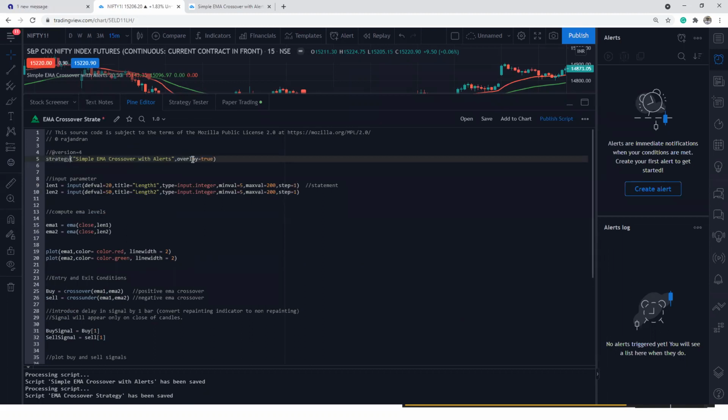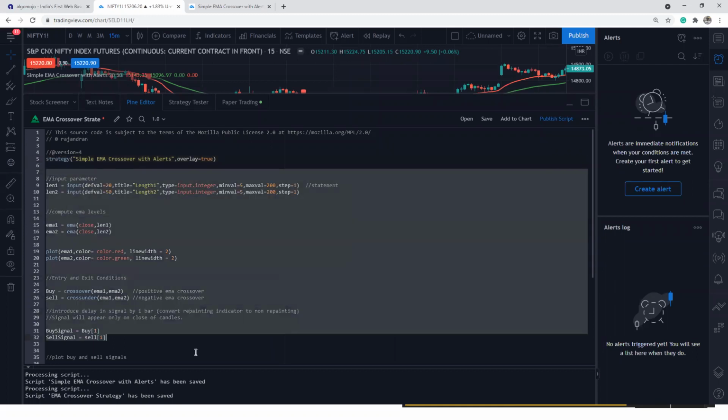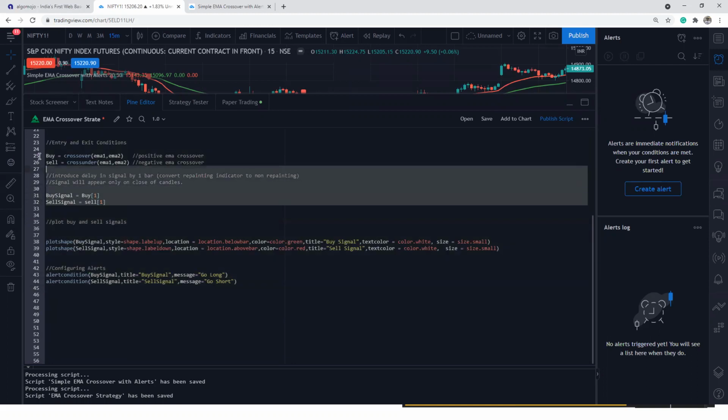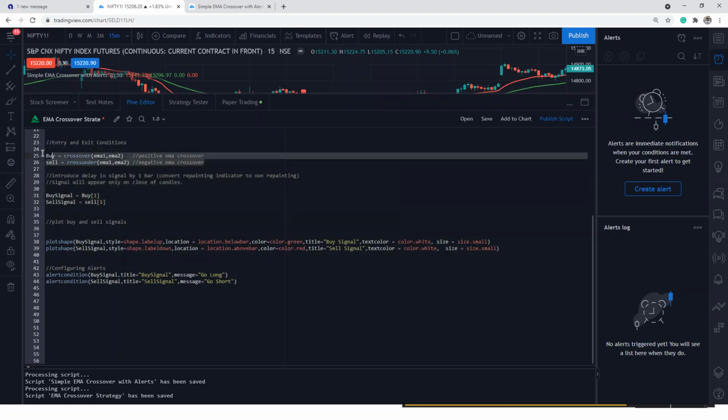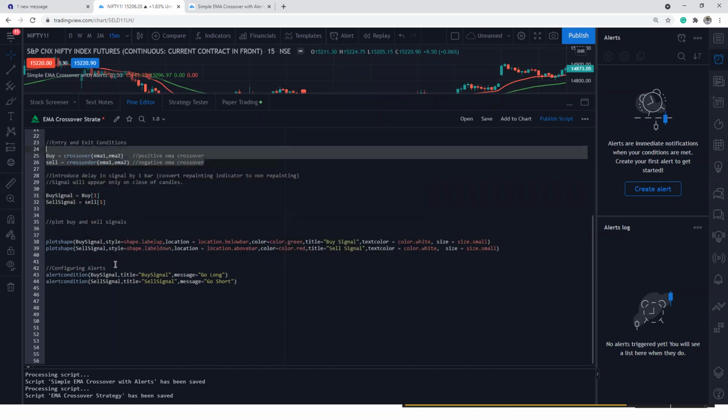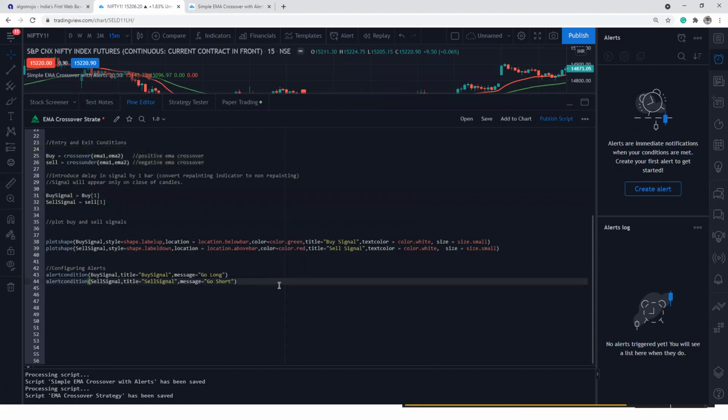A strategy is capable of sending orders for backtesting purposes. So a strategy is not only indicators, but indicators combined with buy and sell rules. Here buy and sell rules are there, already I had coded, right? But that is not how TradingView thinks of a strategy. You have to send orders to the backtester. You have to send a long order, you have to exit the order, you have to put a stop loss, you have to put a target. All those things you have to write in